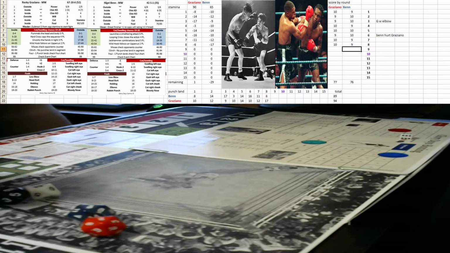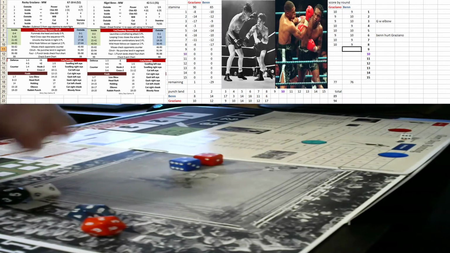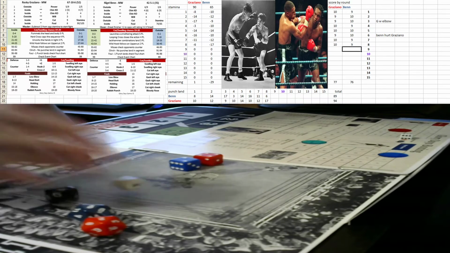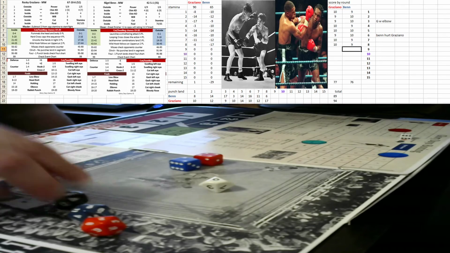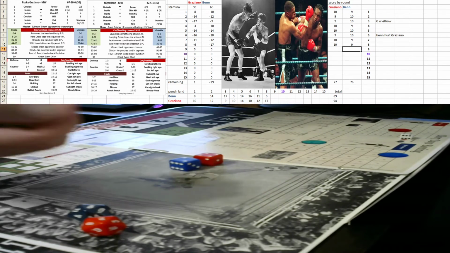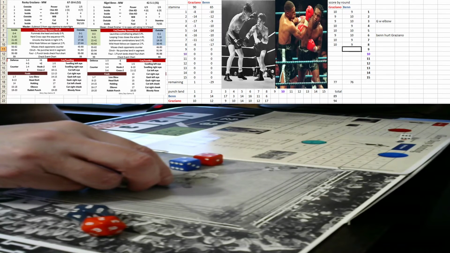Looking into Benn's eyes. Graziano still with momentum. That's a 4. Graziano backs up, trying to get Benn to come to him. Benn will oblige. Oops. That's a 2. So it's an exchange from the outside from Graziano, and that is a